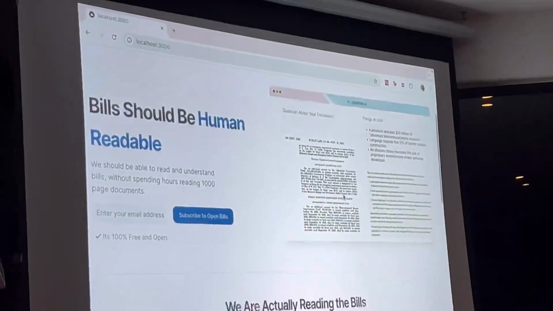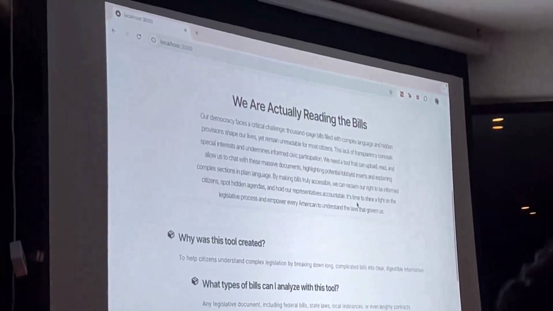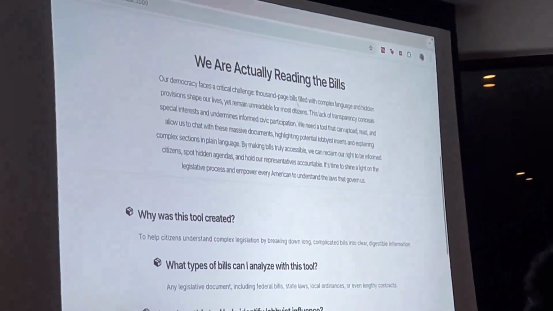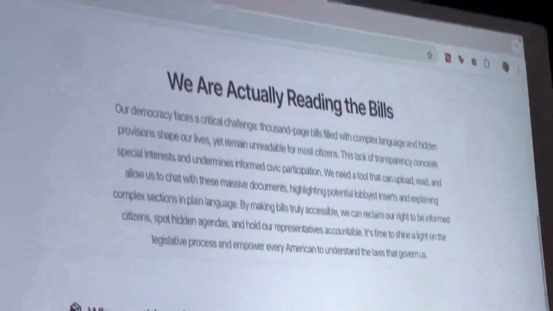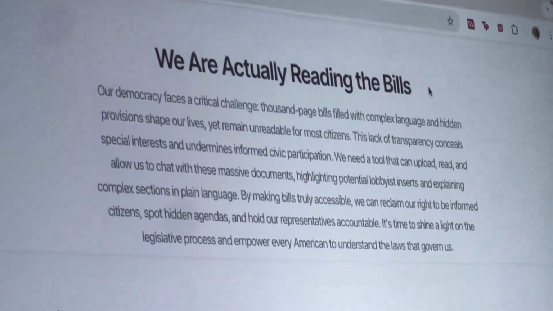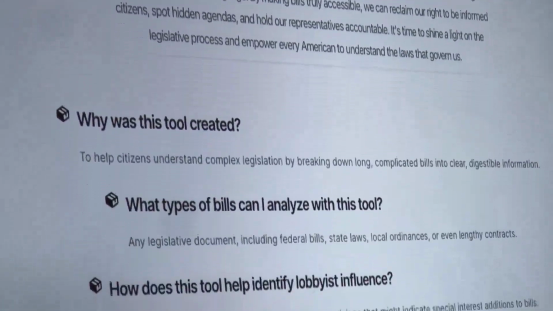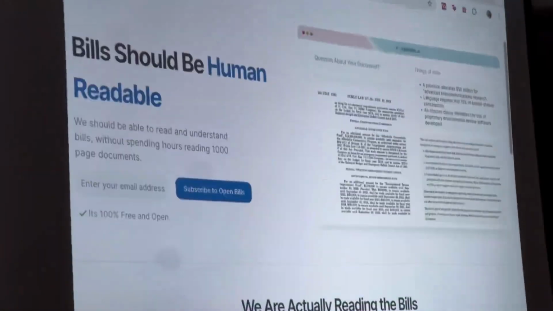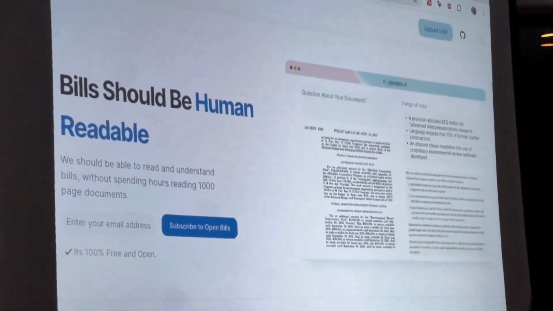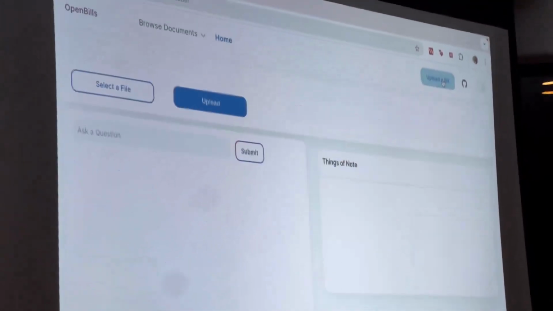Yes, we have a Next.js-based front end, then we have a FastAPI server. We took and chunked the bill text. We were able to scrape it off congress.gov, and we chunked it by section, which on average is about 800 tokens per chunk. So actually quite a large chunk size. I would say based on what we've seen so far, probably a bit too large.